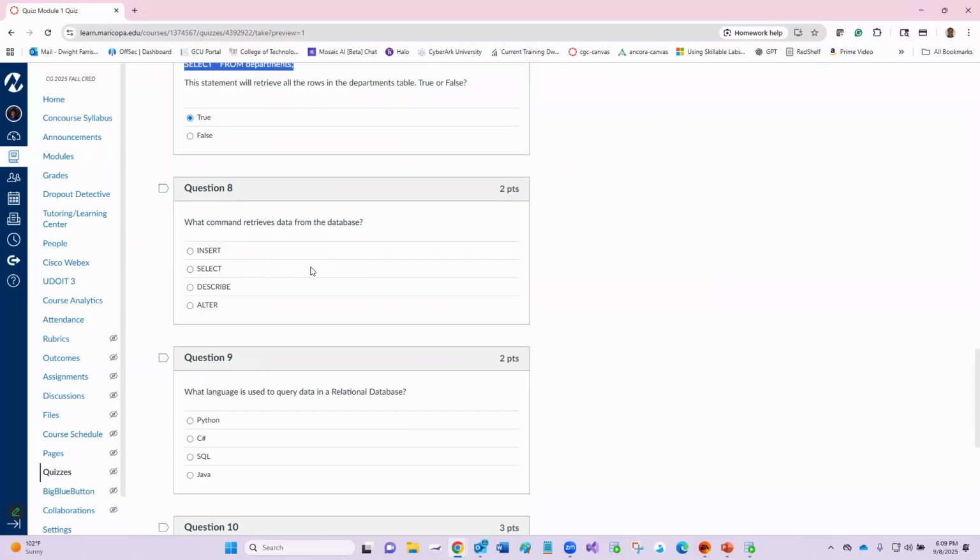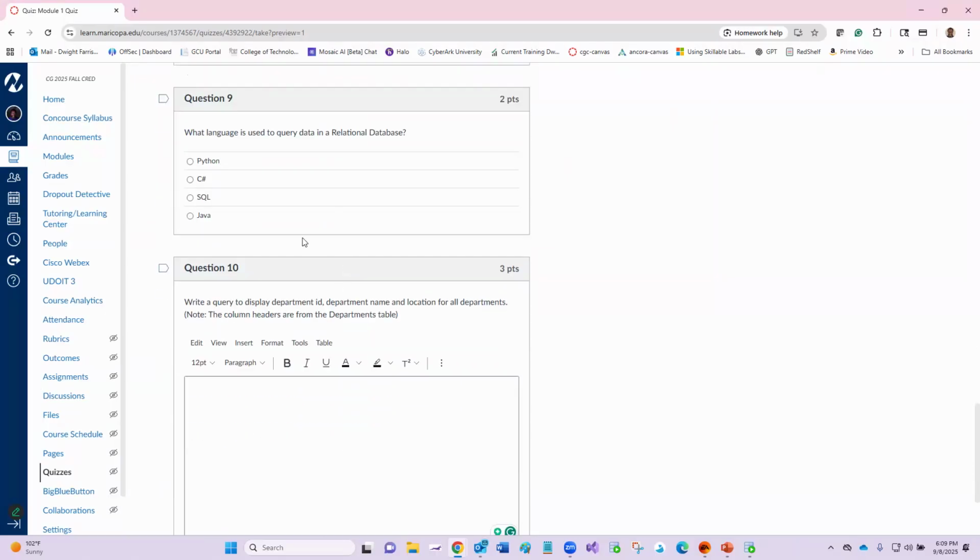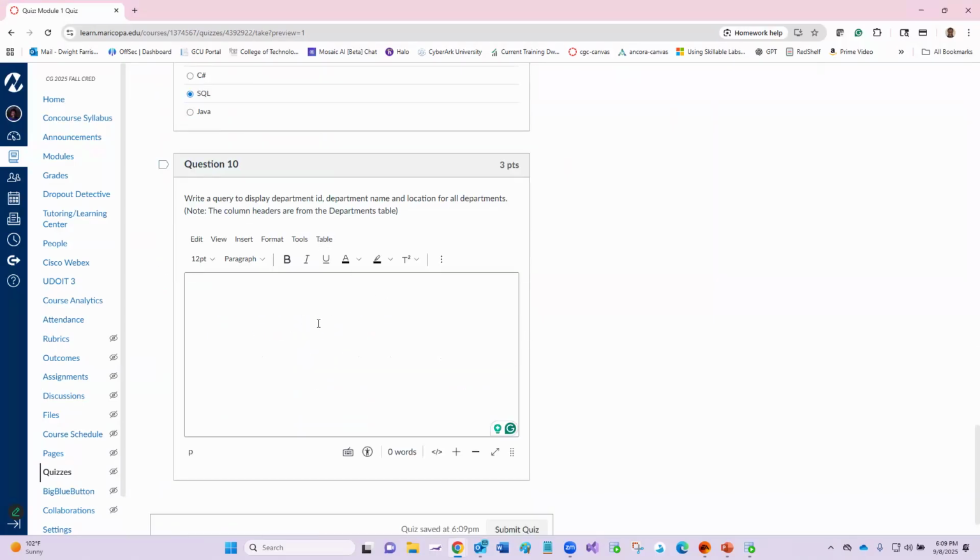All right. What command retrieves data from the database? That's a select command. That's question 8. What language is used to query data in a relational database? That is SQL. Python, C# or Java, no. And then